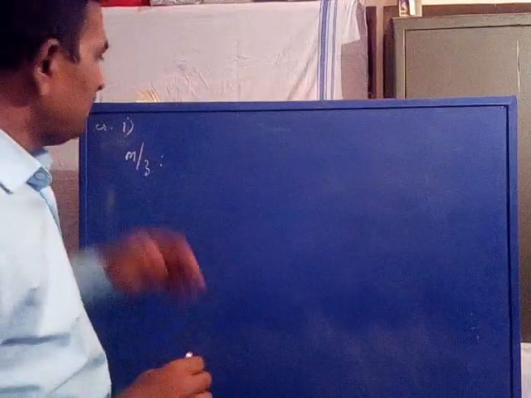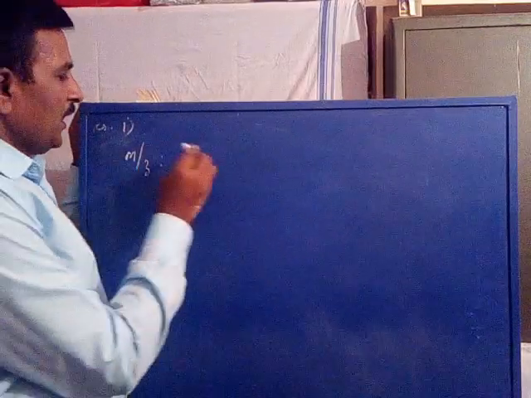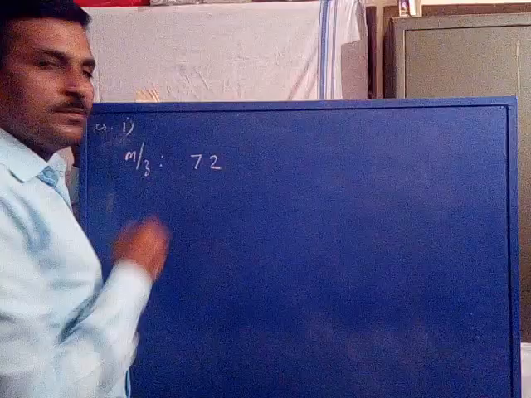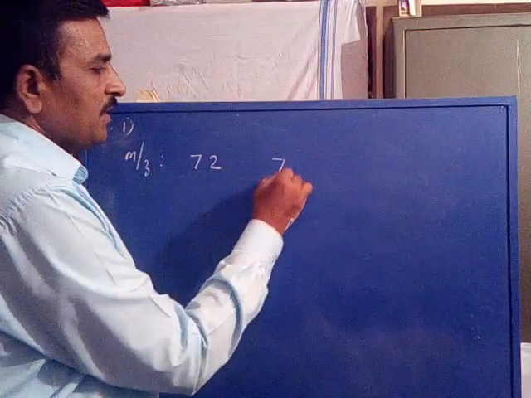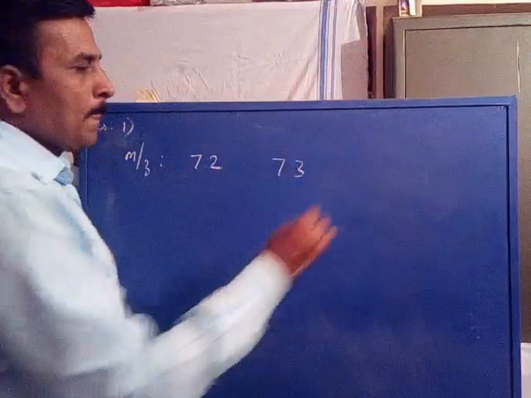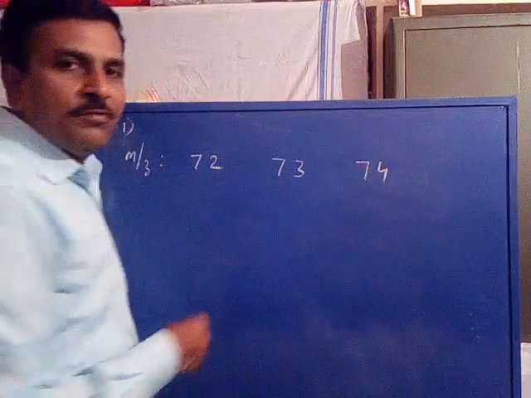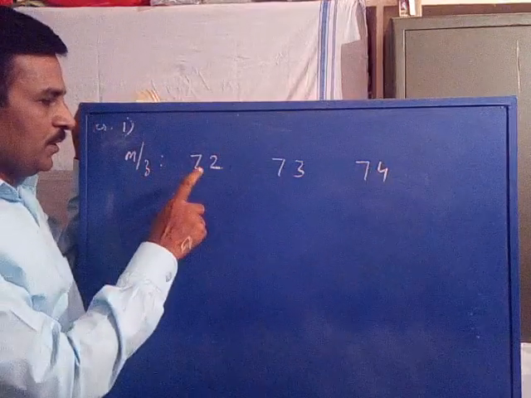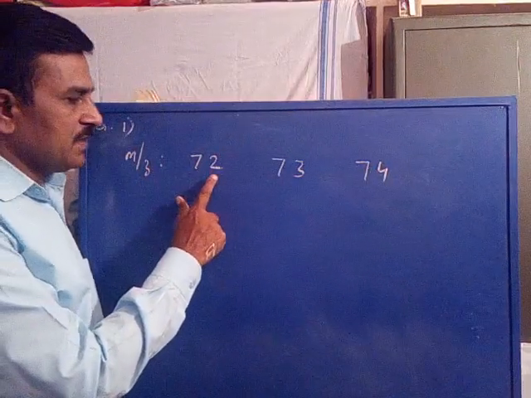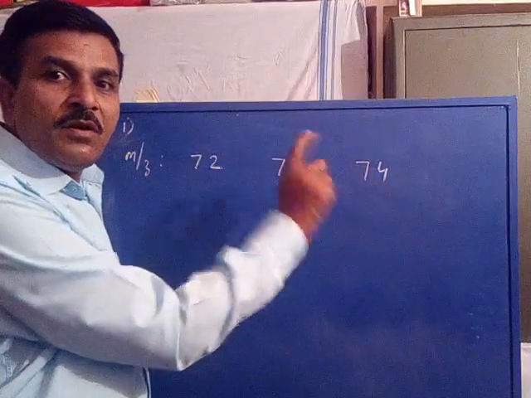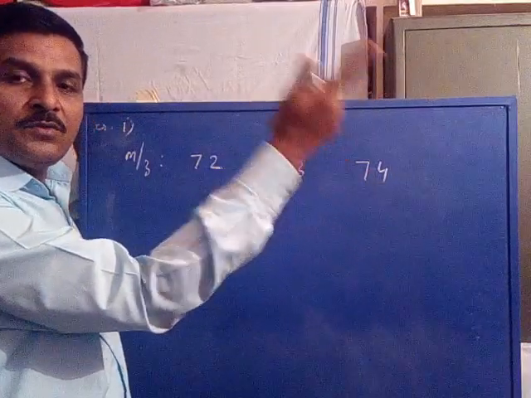For example, m/z 72, m/z 73, m/z 74. You can observe these are the series of signals 72, 73, 74 at higher m/z values in the